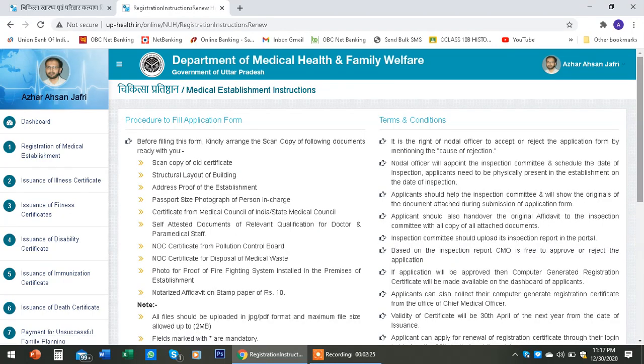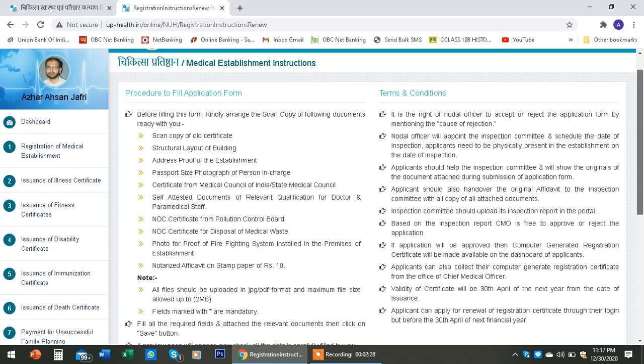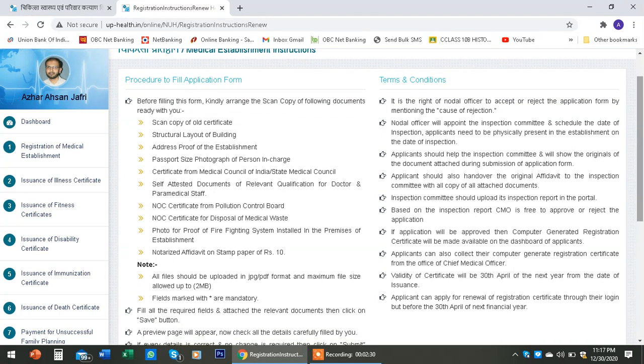Now you have to read this page very carefully. I am telling you about the procedure to fill the application form. Before filling this form, you have to have these things beforehand. This is the scanned copy of the old certificate, that is the old registration certificate. The structural layout of the building, address proof of the establishment, passport size photograph of the person in charge of